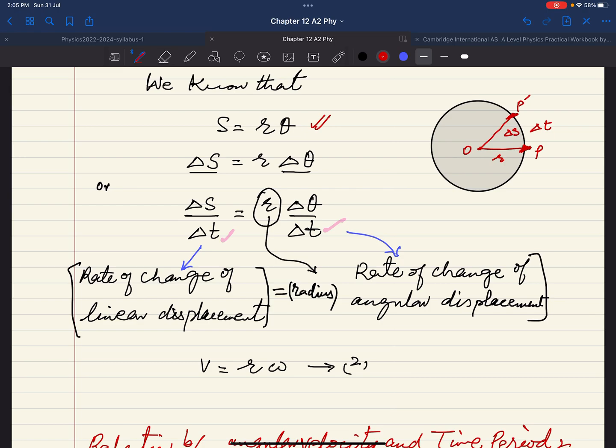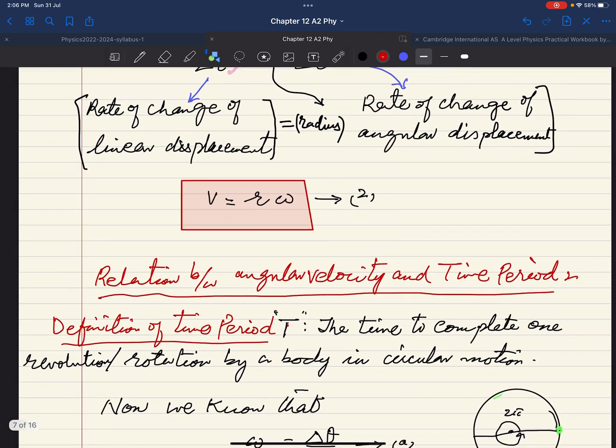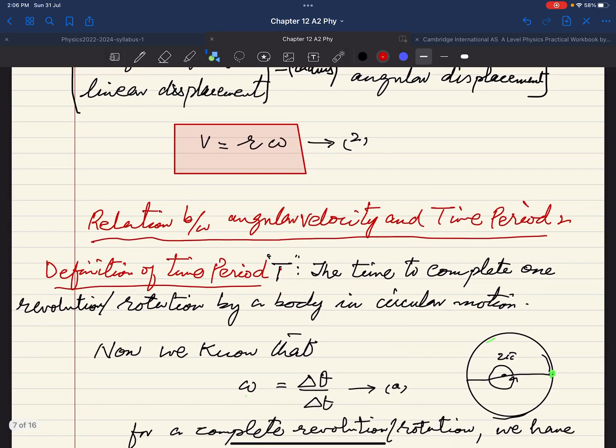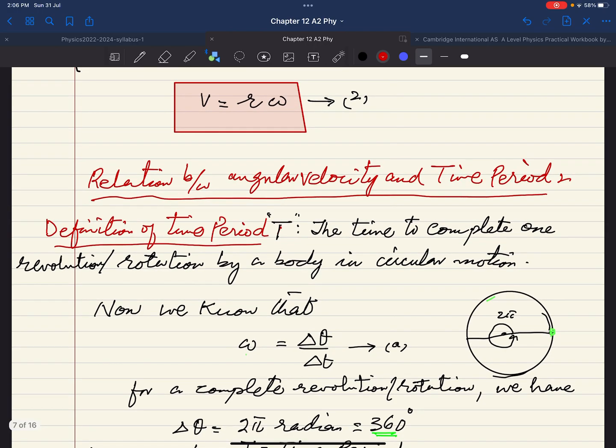So v is equal to r omega. This is your equation which is giving you the relation between the angular and linear velocities. So this is important to remember. Then here we have the continuation of the discussion, and you know that we can develop a relation between angular